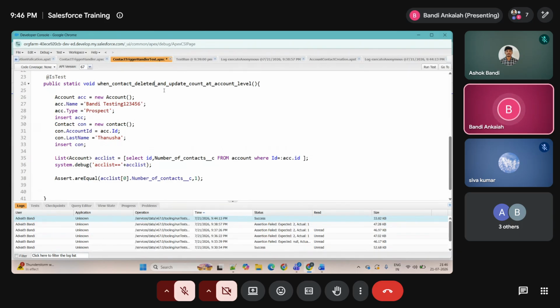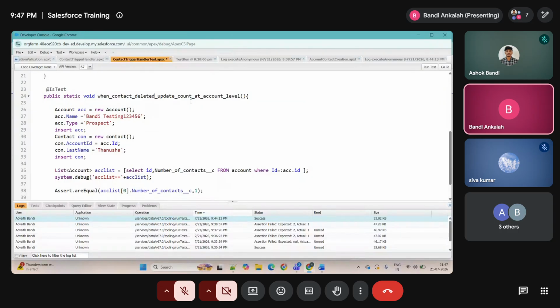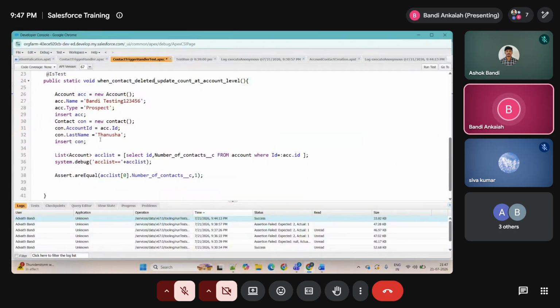When contact is deleted, update count at account level. So what I'm doing here,